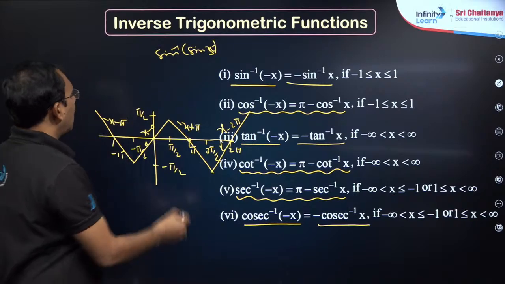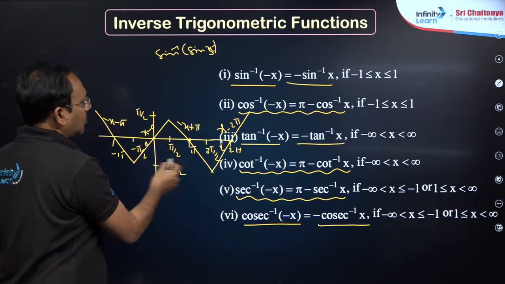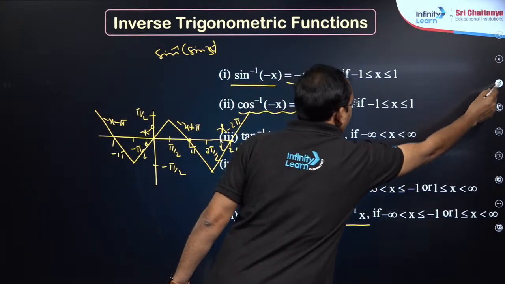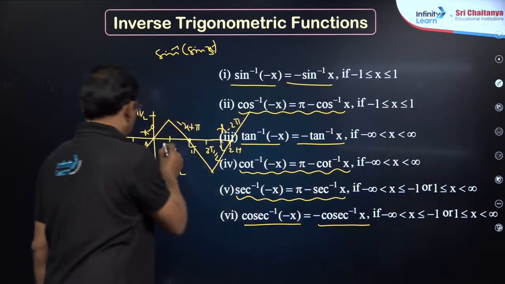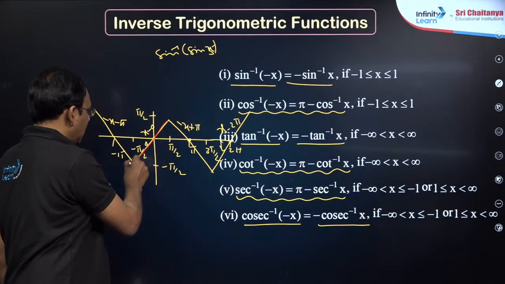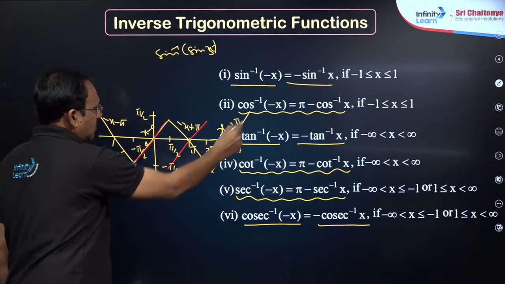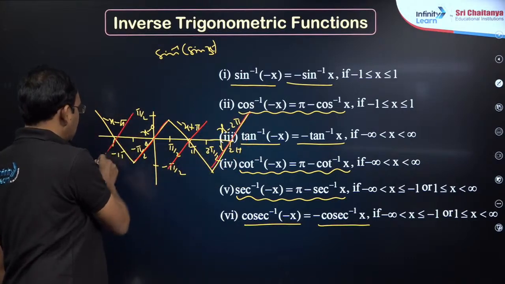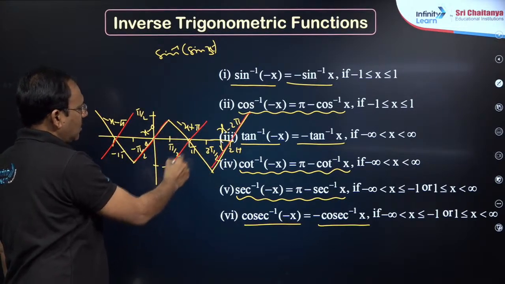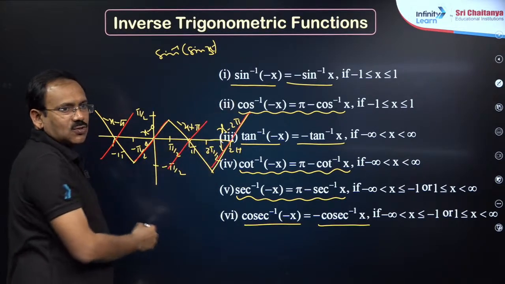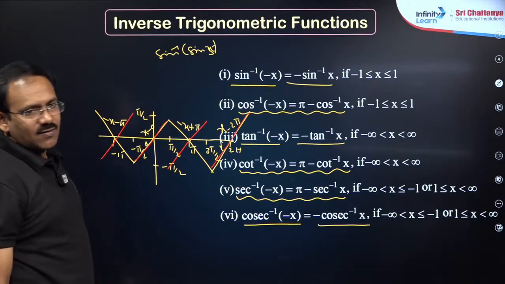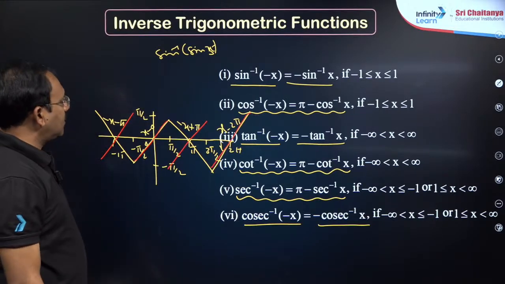Even tan inverse of tan x has the same graph, same plotting, my dear friends. But here for tan inverse of tan x, let me draw this one, then this, all will be like this only. x minus 0, x minus pi, x minus 2 pi, like this. This is the tan inverse of tan x graph.